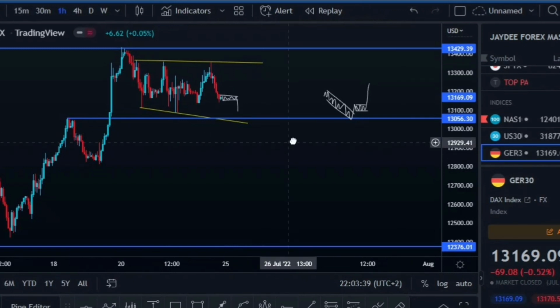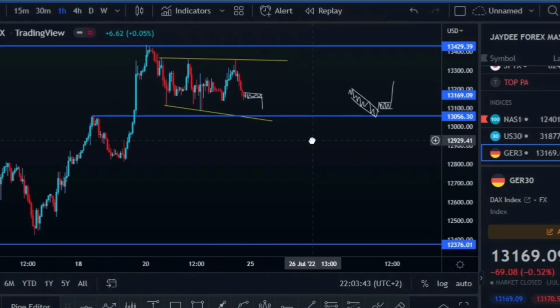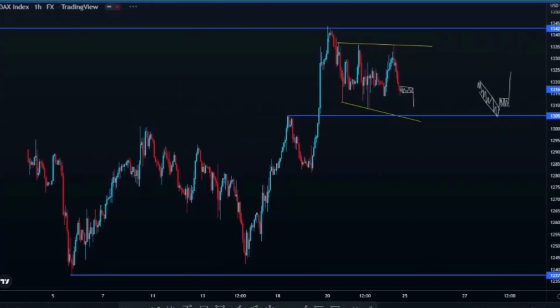Okay, I'm going to start analyzing Ger30 with you to show you what I already saw on this pair. As you can see, I already have some forecast over here. This is what I've been forecasting for. I think I was analyzing it on Saturday. Yeah, so let me maximize my screen,